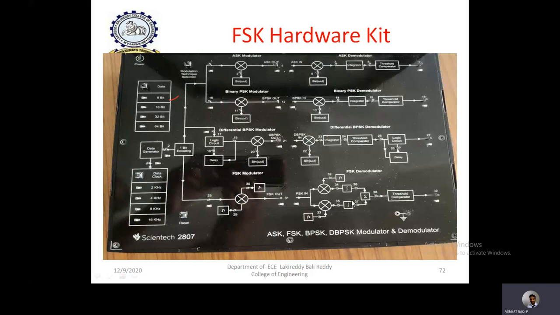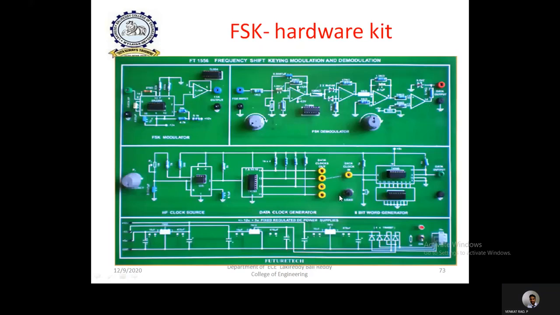There are no connections here; you can observe directly. And here also, these are the different types of inputs generated from this data generator. For example, if you connect any one of these to here, that particular data is going to be generated as ones and zeros pulses here. So this is the final digital input data.